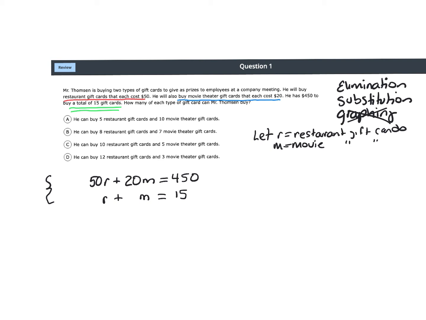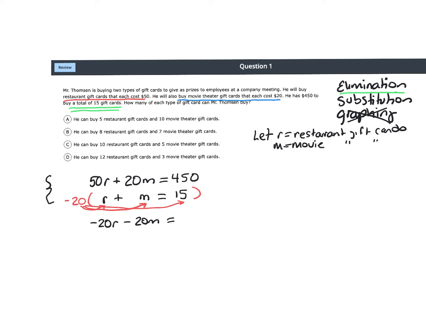So I'm going to choose to use elimination because they're lined up together. I could also use substitution, but I'm going to use elimination. If you recall elimination, the point is to get one of your variables to cancel out. So if I multiply the whole second equation by negative 20, I could end up with negative 20m, and that would cancel out. I will distribute everybody. Negative 20 times r gives me negative 20r. Negative 20 times m gives me negative 20m. And negative 20 times 15 would give me